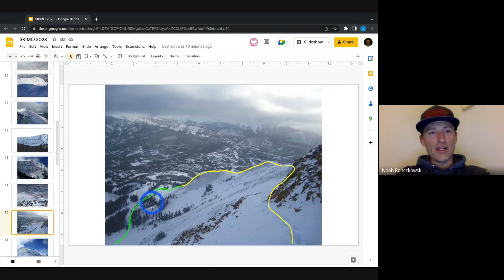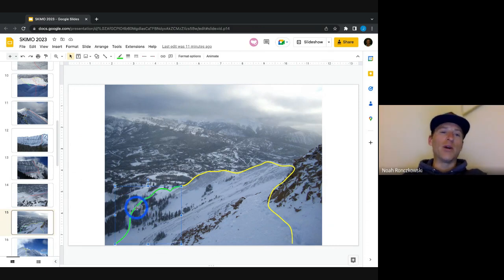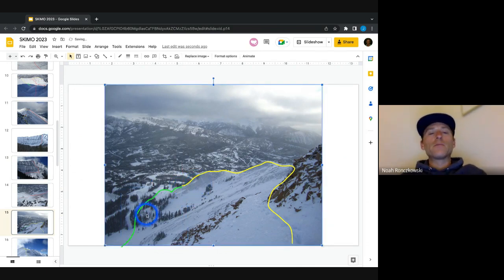You're traversing again. That green line shows the traverse over to what's called Comet. You're actually in these trees just above the green line a little bit, but the green line is pretty accurate. But just know that you're not going to be on the road. You're not going to be going against traffic. That's why we have you a little bit just above that green line, and then that yellow line is the line you're going to be boot packing up all the way back to the top